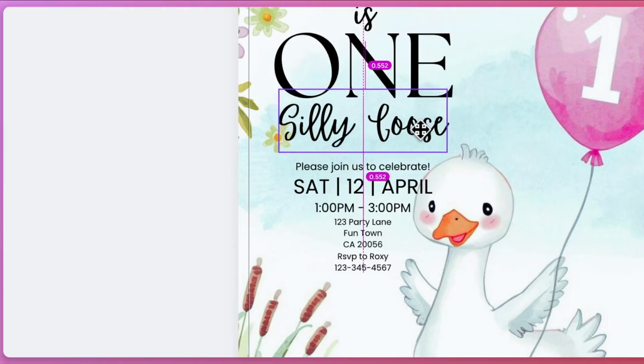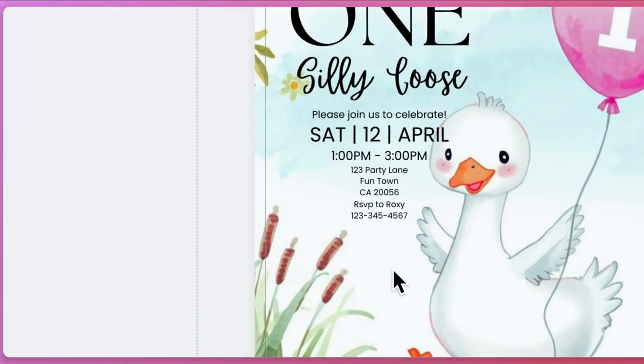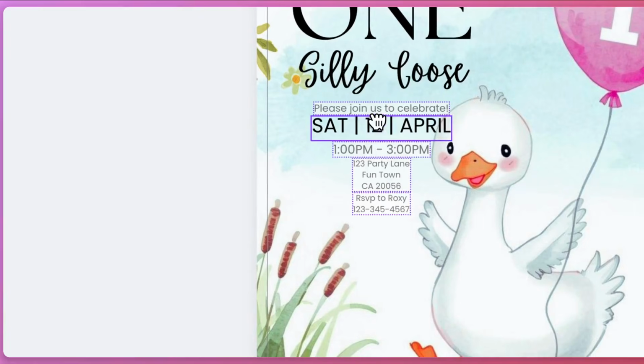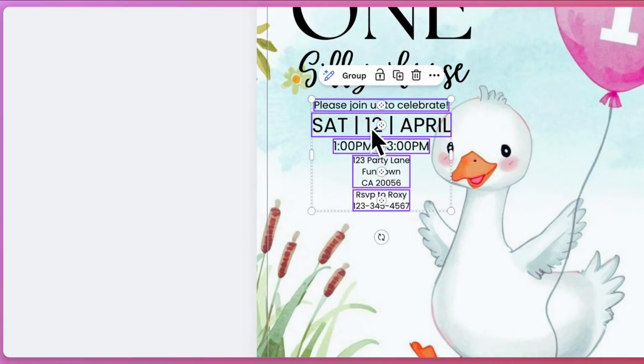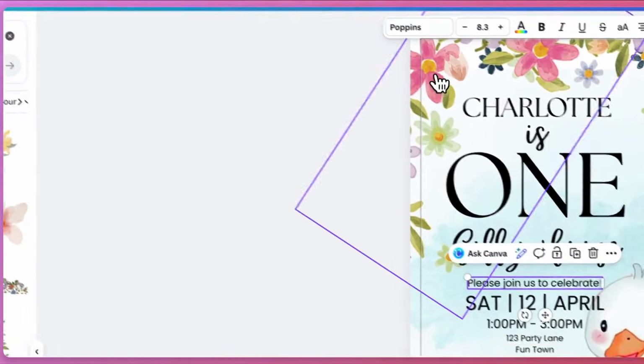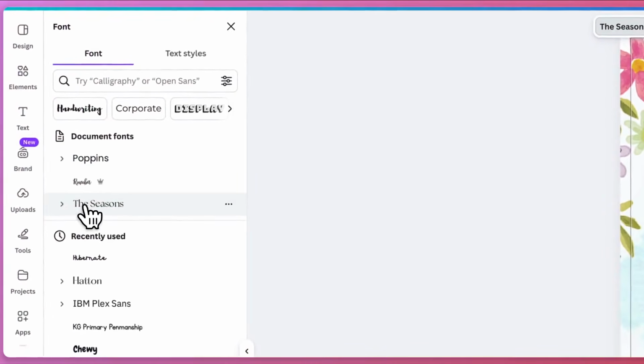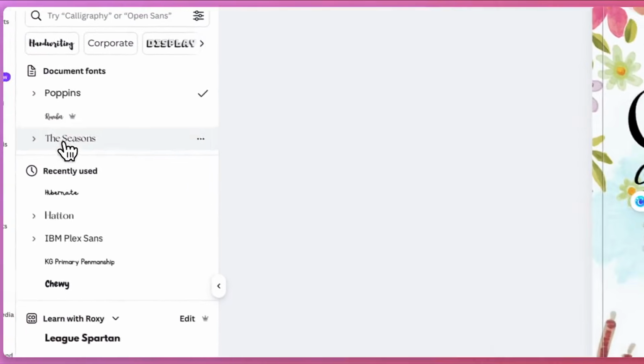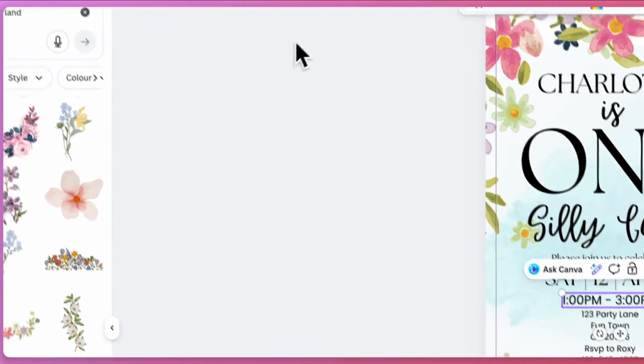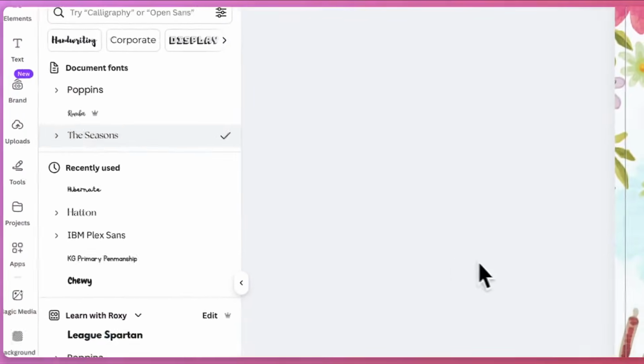Resize. And then all of this can be the same font as before. So that's Poppins. We want it to be Seasons. This one too. And this,